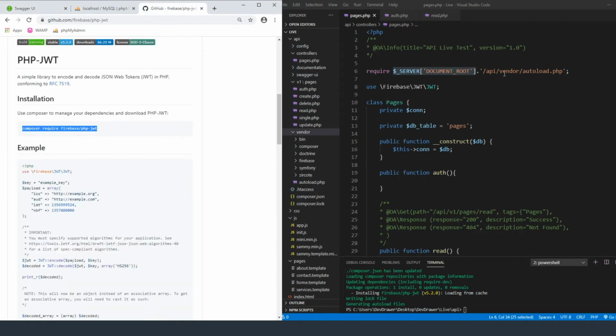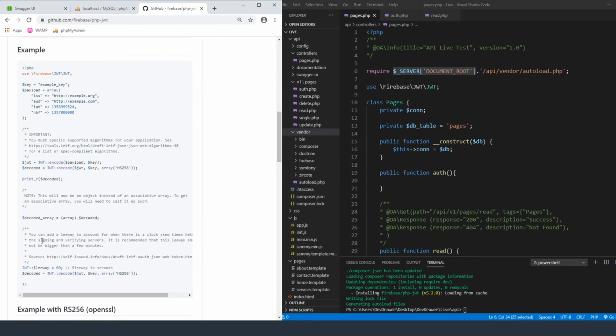So currently this isn't being called anywhere, and where we have it right now is just, you would have an initialize.php page where you would call all of this stuff, but since this is the only class that we have for our pages, this is where we're going to add it. Now they also give you some examples